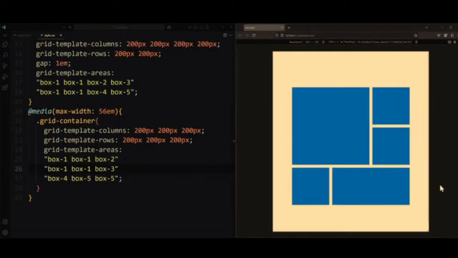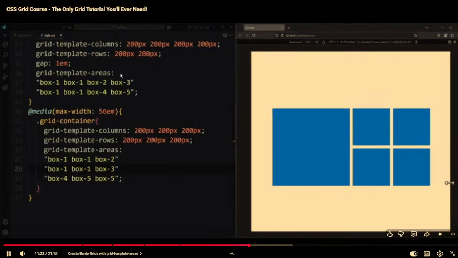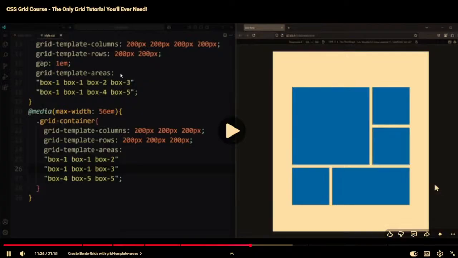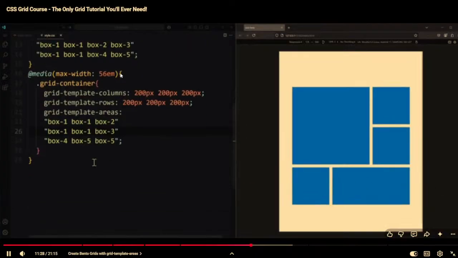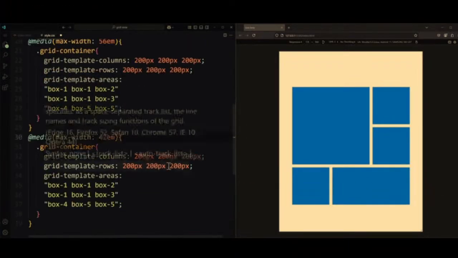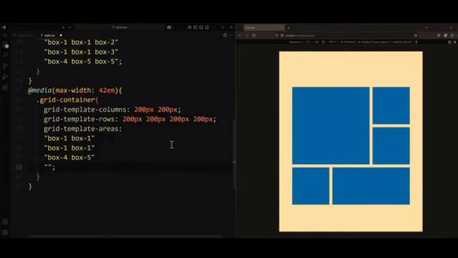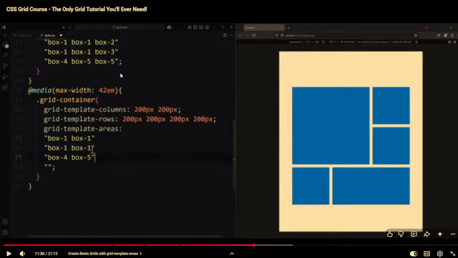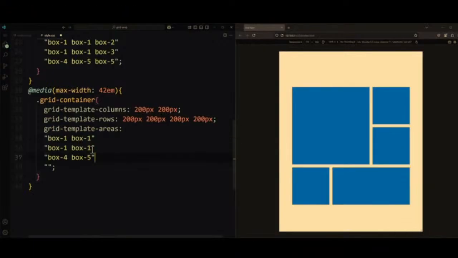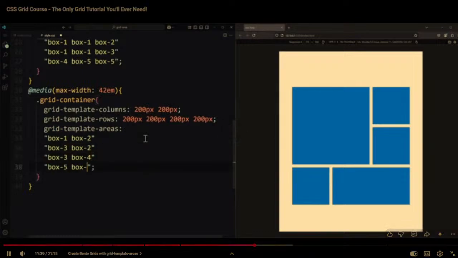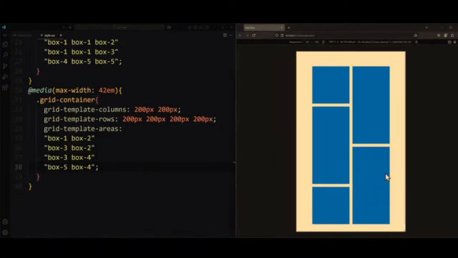This is now a bit thinner and perfectly suited for tablet devices. And of course, the same thing goes for mobile screens. I can do the same thing again, but this time with only 2 columns and 4 rows. So depending on the screen size, we can always change the grid template areas property to create a grid layout that fits